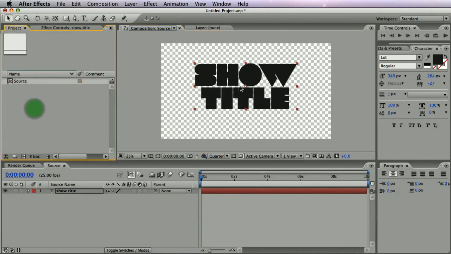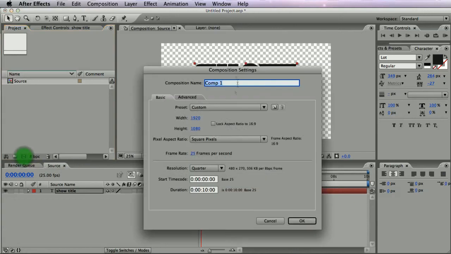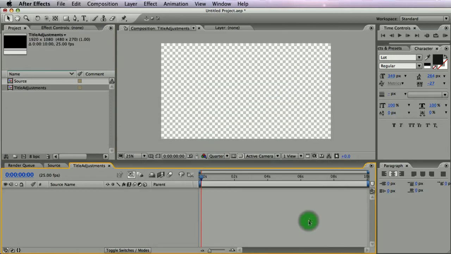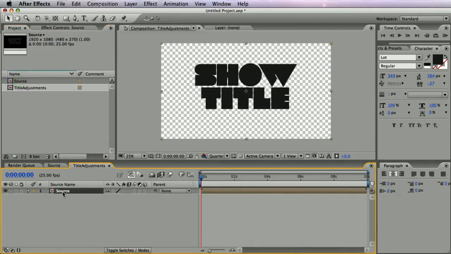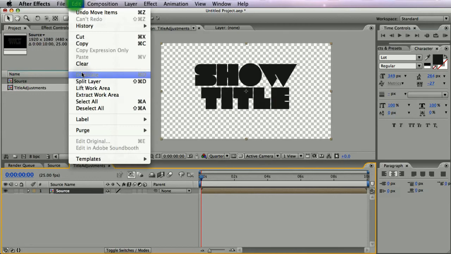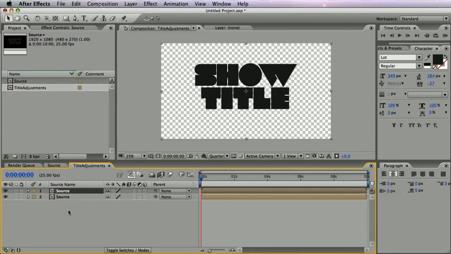So that's the source comp, and you can leave it for a moment and create a new comp, either by going Composition, New Composition, or clicking on Create a New Comp button. And we'll call this Title Adjustments. Again, Full HD, 25 frames and 10 seconds. Okay. I'm bringing the source comp into this one. Now duplicate the source comp either by Edit, Duplicate, or Control D or Command D, and we'll work with this top